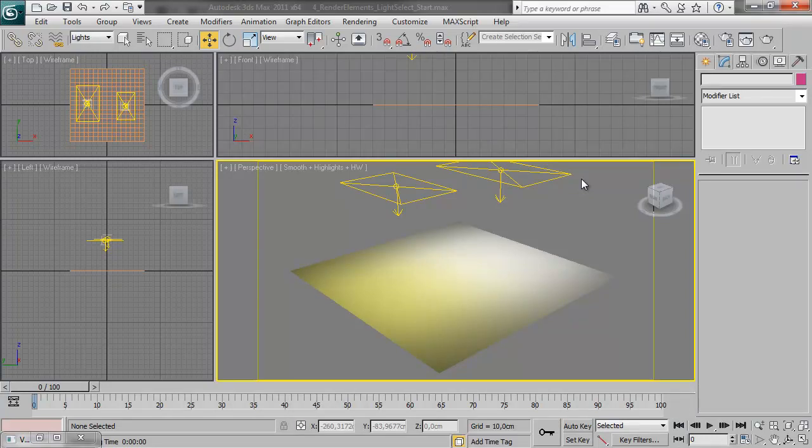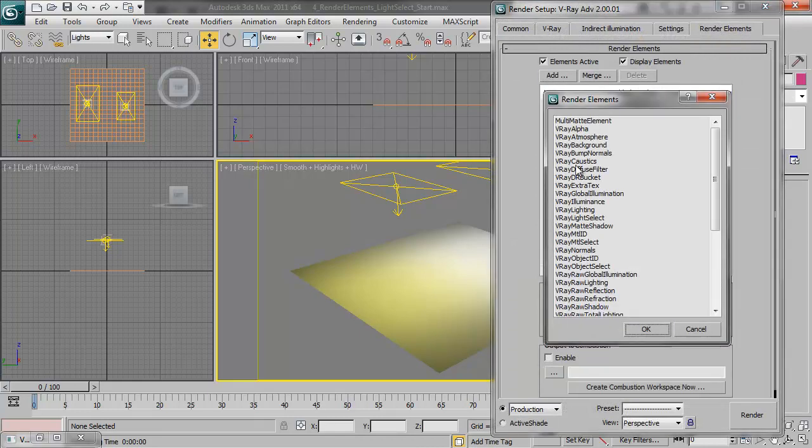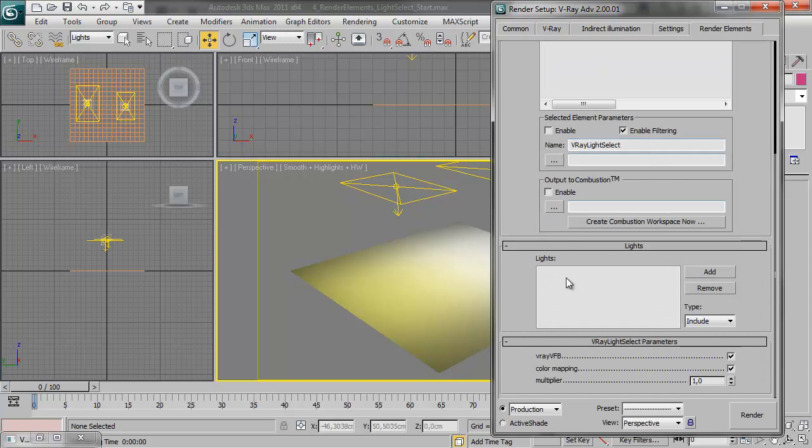VRay 2.0 has a new render element called VRay Light Select, which lets you render the light contribution from individual lights as separate render elements. And in this scene I have just a regular plane and two VRay lights, and I'll just set up the VRay Light Select render element real quick. The only thing you need to do here is to add the lights you want to either include or exclude from that render pass